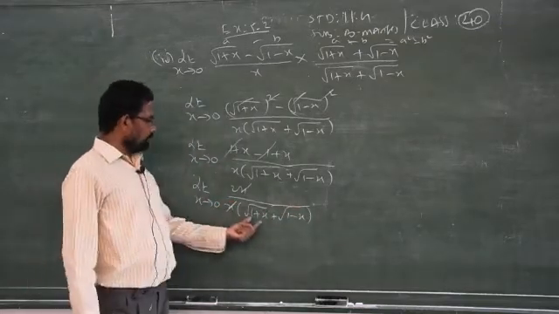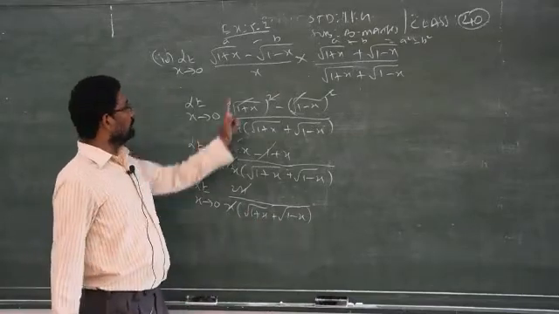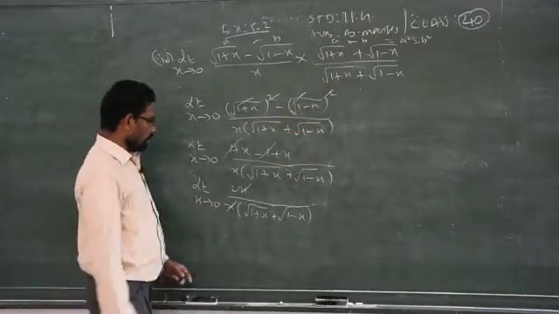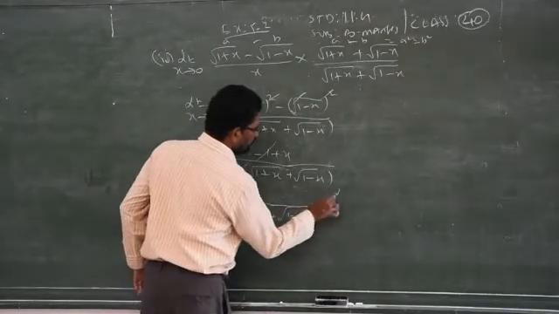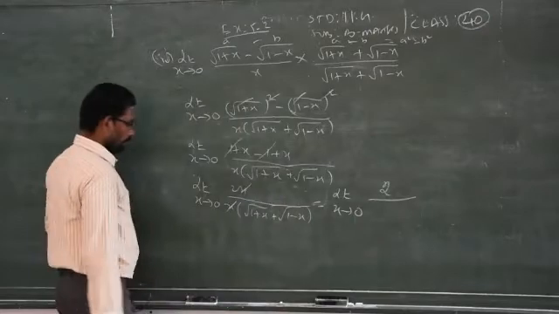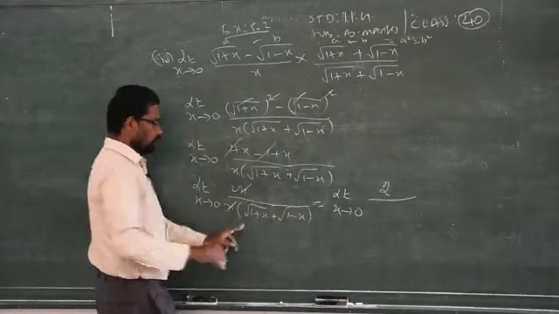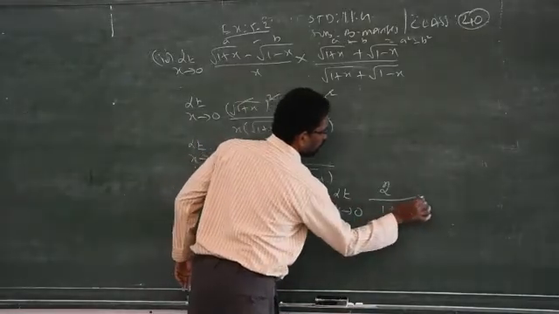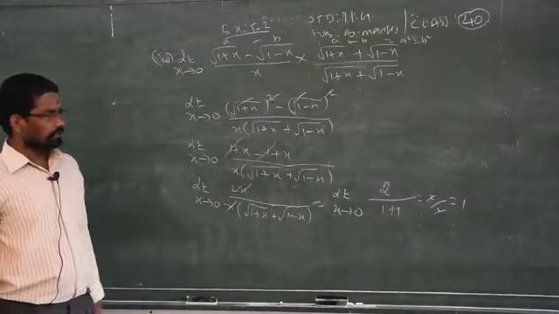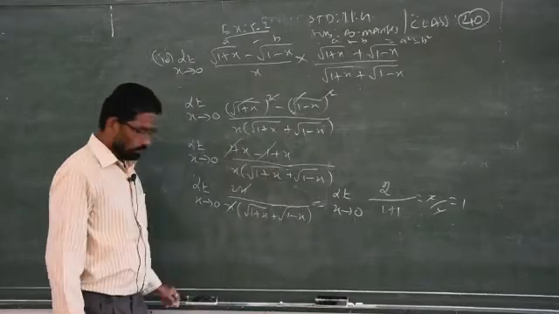Now if you replace x by 0, the denominator never goes to 0. To eliminate this x only, we are taking this many steps. Clear? Now x is cancelled. What is the remaining answer? Limit x goes to 0, 2 by, I am replacing x by 0. When I replace x by 0, 1 plus 0 is 1. Square root of 1 is 1. 1 plus 1 is 2, so 2 by 2 will give you 1. That's the answer. Clear?